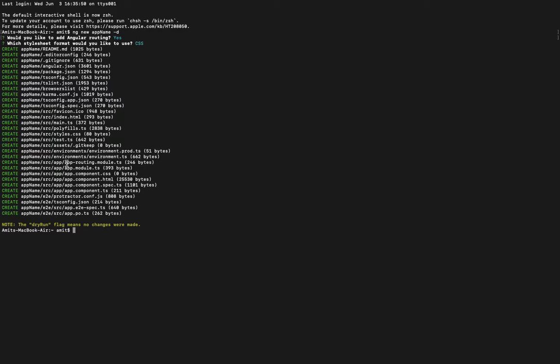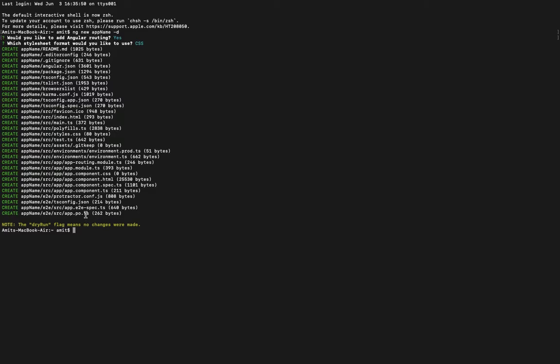Here you can see that for tests also it is generating some files. For example, here it is generating the end-to-end test protractor.conf.json and app.e2e-spec.ts. I had already told you that spec files are the test files, right?